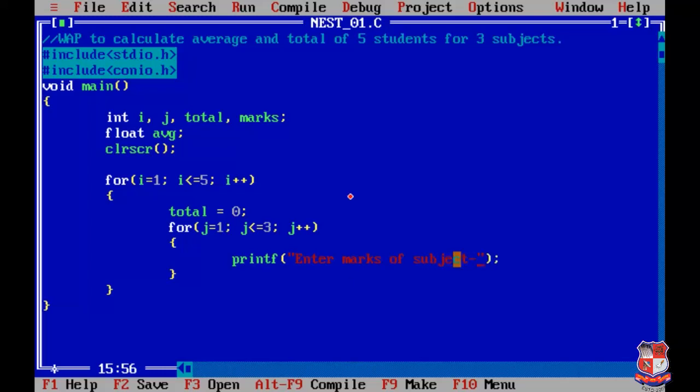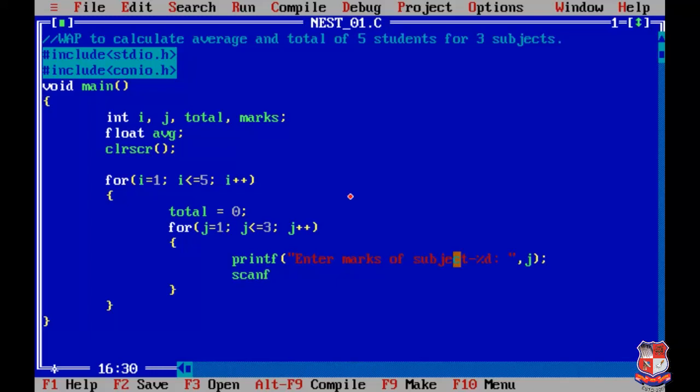For that I'm using percentage d over here, and instead of percentage d we have to print the value of j. It means the output for this statement will be: enter the marks of subject 1, then enter the marks of subject 2, likewise. For that I am taking the colon and space.